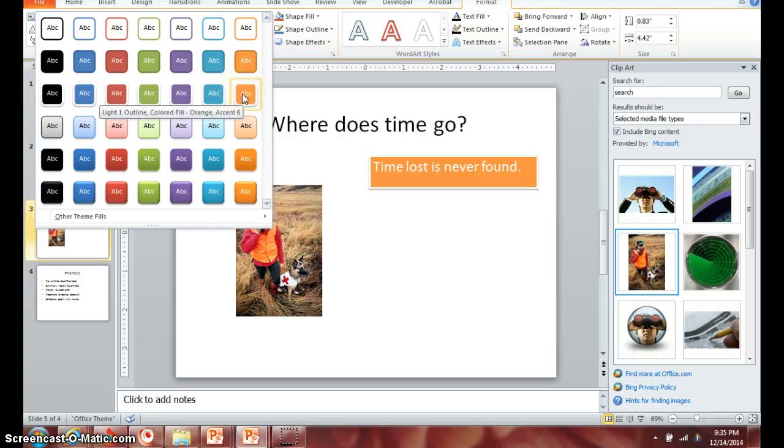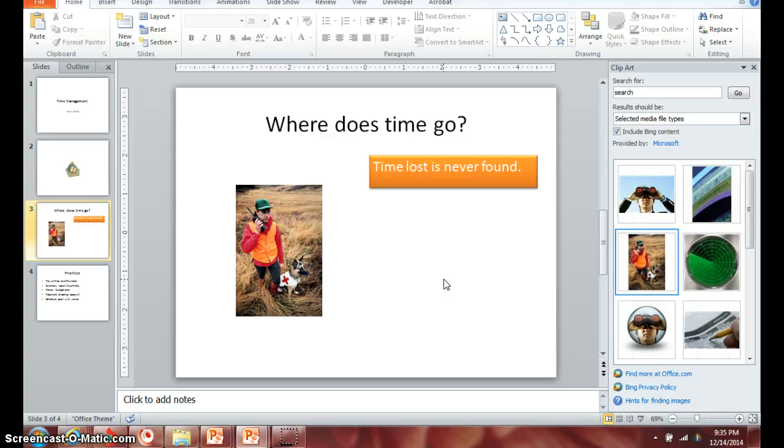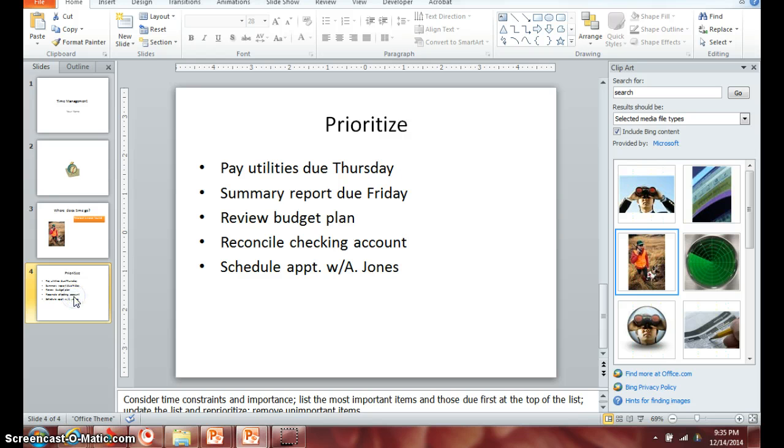I think I will go with this one, which is the Intense Effect Orange Accent 6. Click outside to accept your new style, and then click on slide 4 and click anywhere within your bullet list